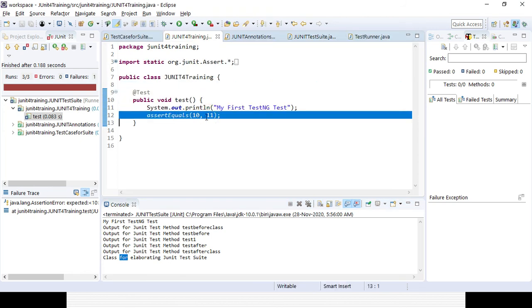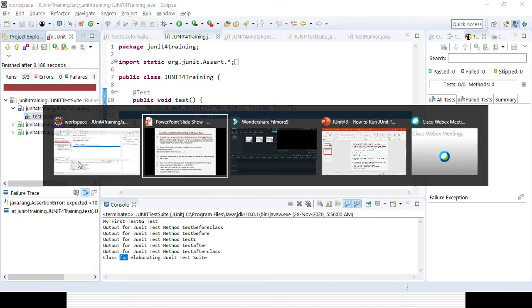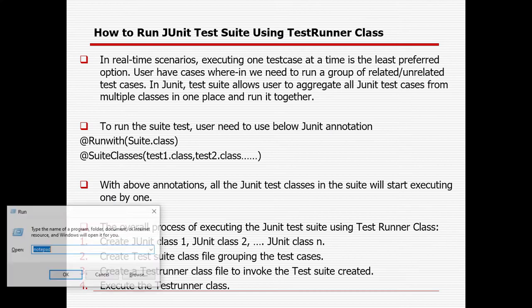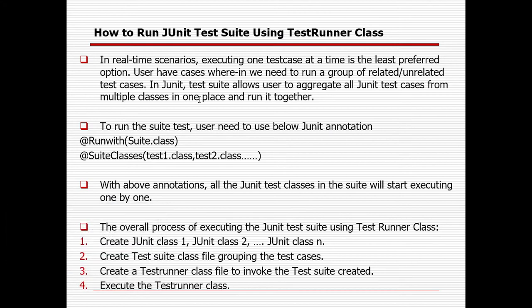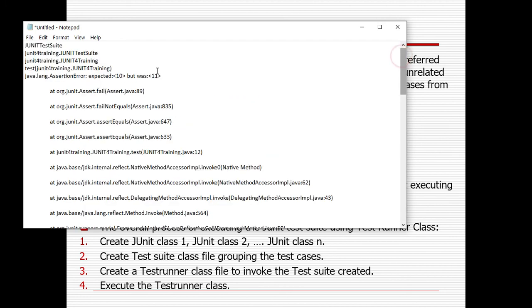With assertEquals I am checking 10 with 11. If you expand it here, or copy the failure result, you can paste it in a notepad and verify the problem. The assertion failure is coming, so you can correct it.